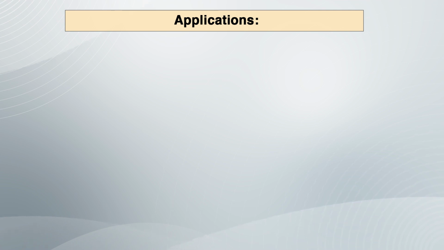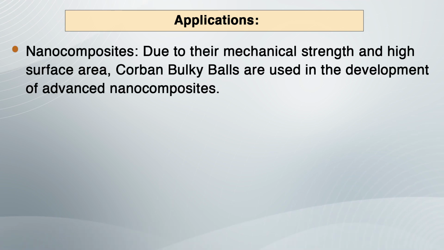What are the applications of carbon buckyballs? The first is nanocomposites, the formation of nanocomposites. Due to their mechanical strength and high surface area, carbon buckyballs are used in the development of advanced nanocomposites. These nanocomposites benefit from the enhanced properties of the nanoparticles, including improved mechanical performance, increased thermal stability and enhanced electrical conductivity, and find application in aerospace, automotive and sports equipment, where lightweight and high strength materials